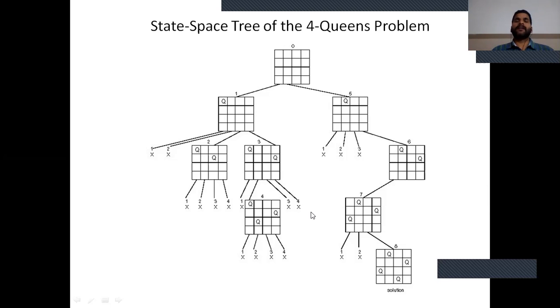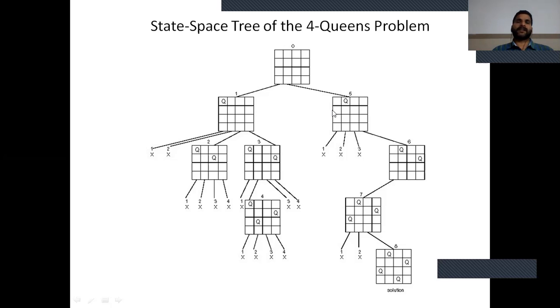So we backtrack and go to the initial chessboard and move the first queen from the first column to the second column. After placing the first queen in the second column, we have three options for the second queen: columns 1, 3, 4.